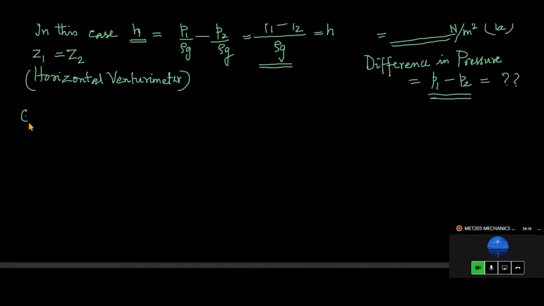So before we conclude today, I want to complete the other part, the other flow measuring device also. So that is called orifice meter. Just like venturi, we have this orifice meter. What is this orifice meter? This is another flow measuring device. Flow measuring means discharge measuring device. Discharge of fluid flowing through a pipe can be measured.